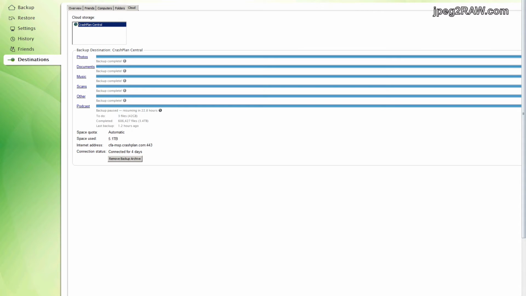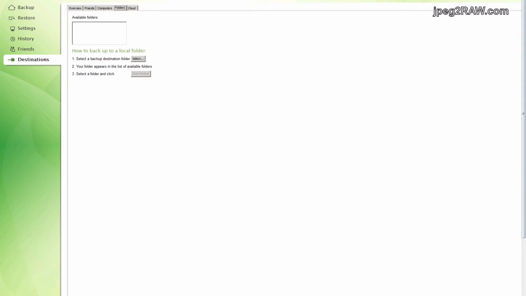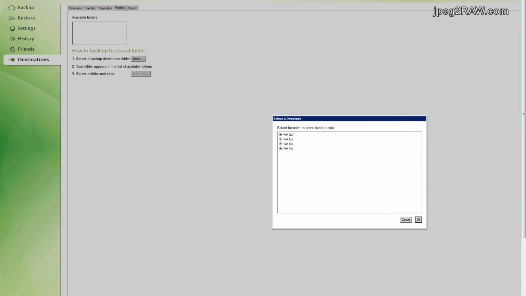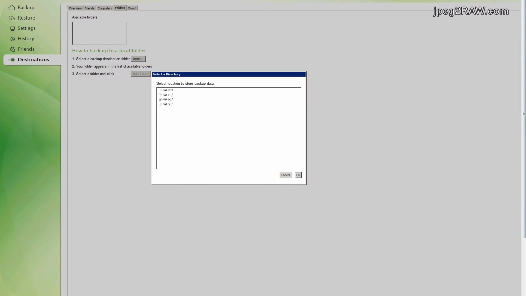So what you can do in CrashPlan is, you see right now I'm in the destinations menu choice in CrashPlan. That's saying, where do you want to send this? I can create another one that is called folders, select a folder, and I'm not going to do this because I don't know what it'll do, but select a folder somewhere here on my computer. It has to be local. It can't do this across the network.